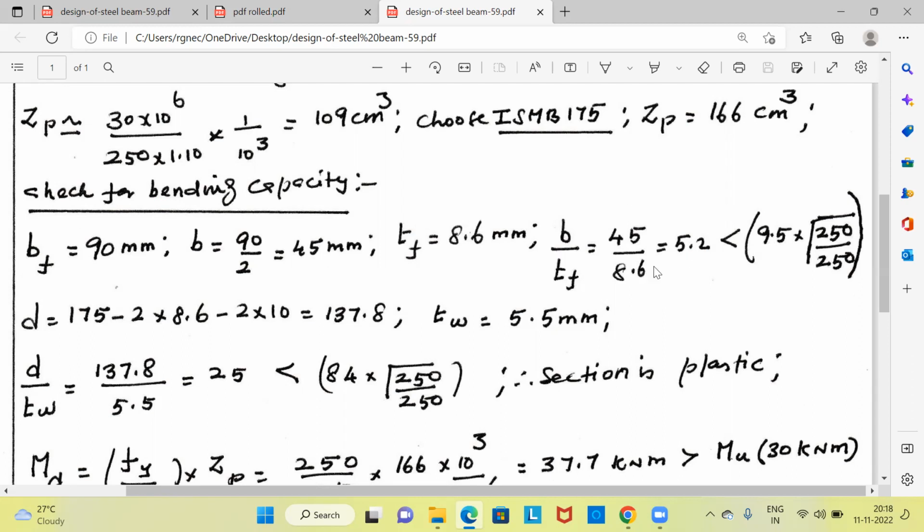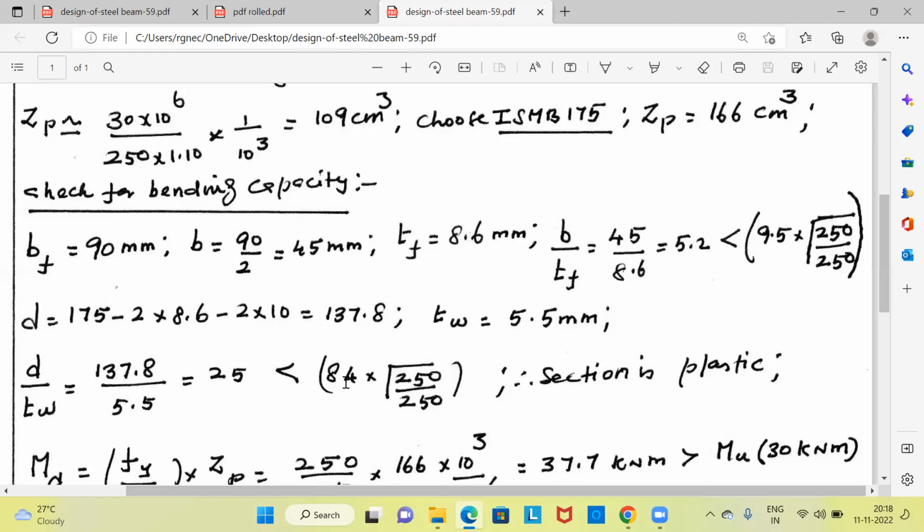flange is plastic. Now depth of the web is calculated: 175, total depth of the section, minus 2 times the flange thickness, minus 2 times the throat thickness. These values are given in the steel tables. Therefore, depth of the web is 137.8 mm. Thickness of the web, again from steel tables, 5.5 mm. D by T ratio,